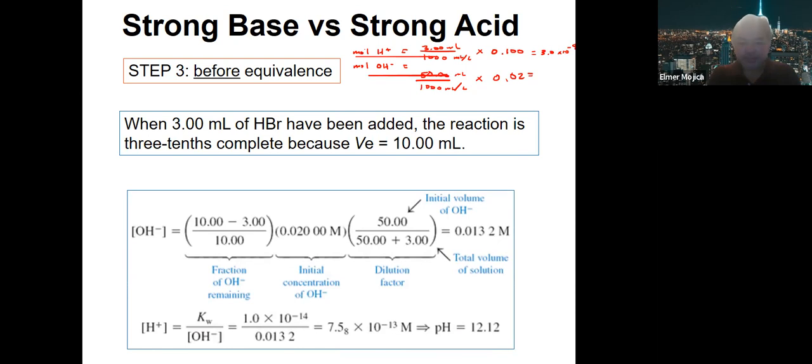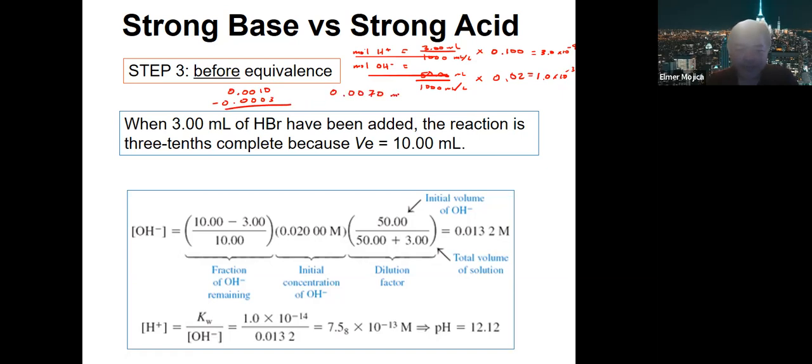And the other one, 50 divided by 1,000 times 0.02, so you have 1 times 10 to the negative 3. So you have 0.001 minus 0.0003, giving you